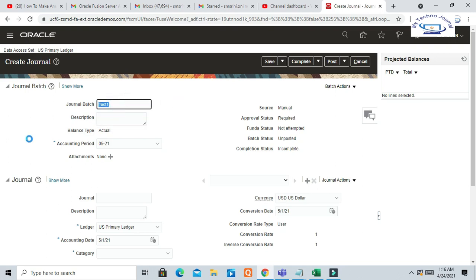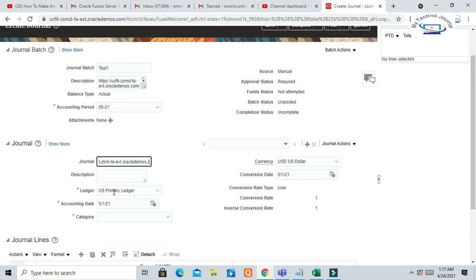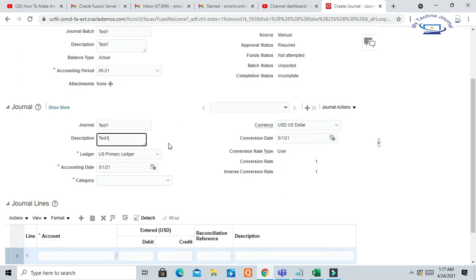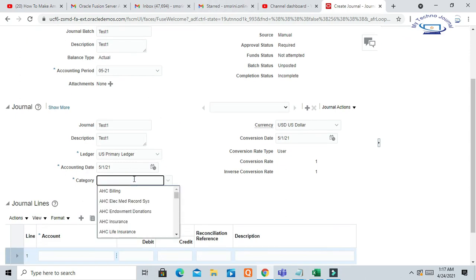Give the journal a name, and the ledger is US Primary Ledger, category is Manual.